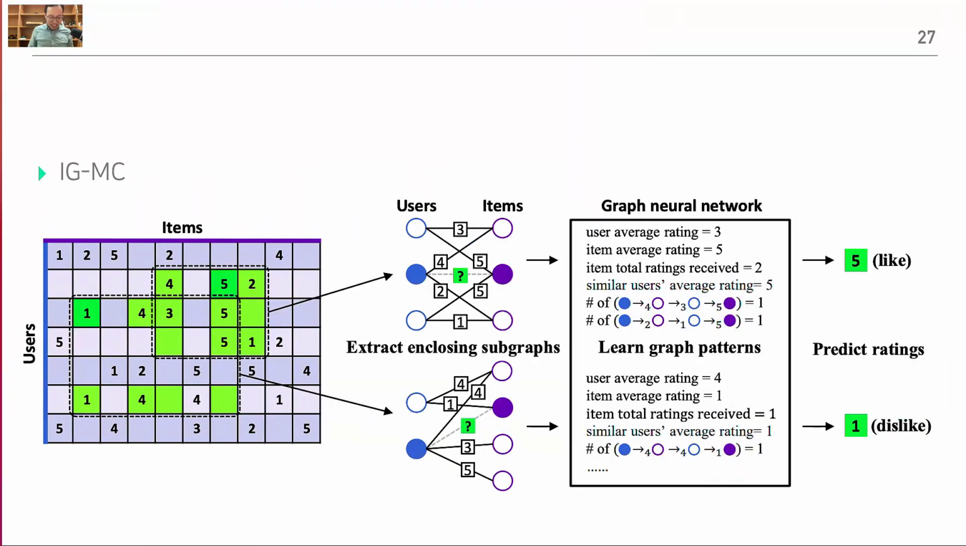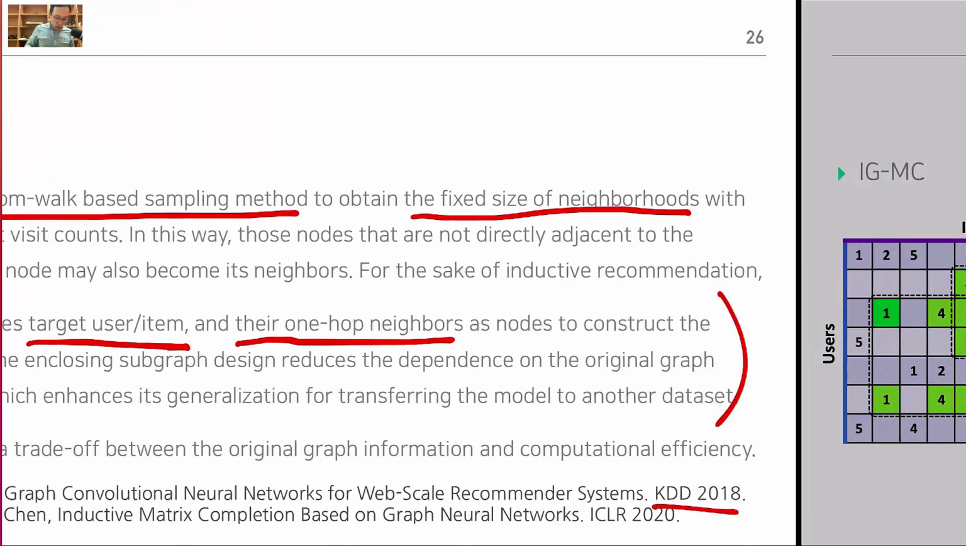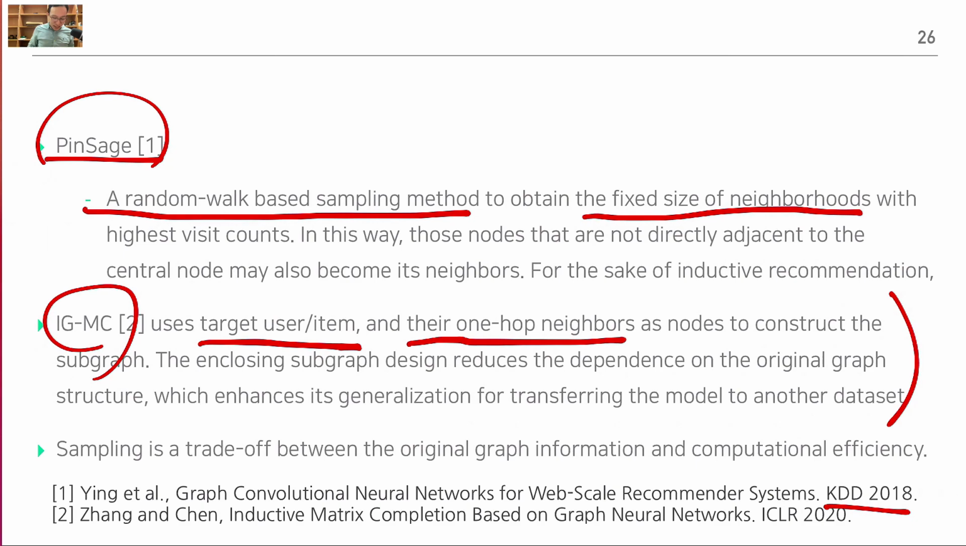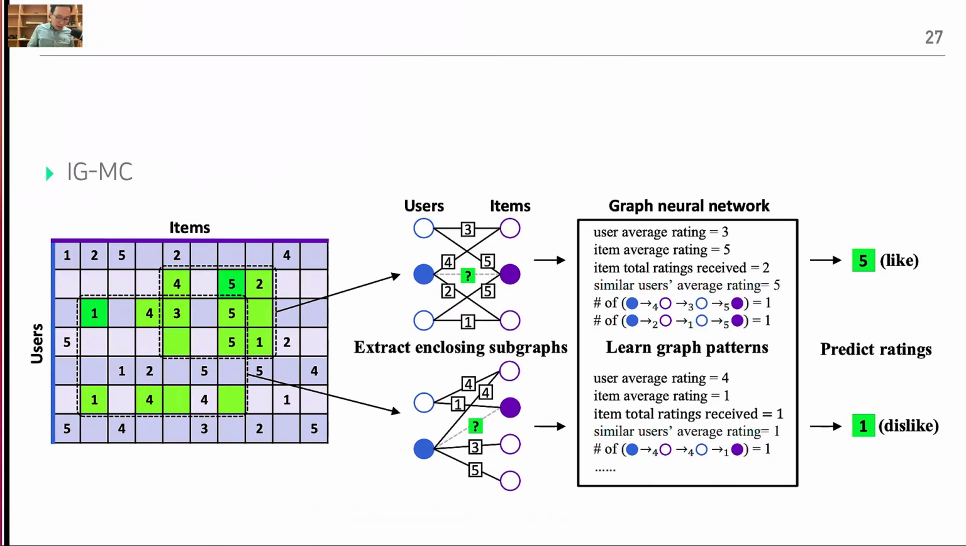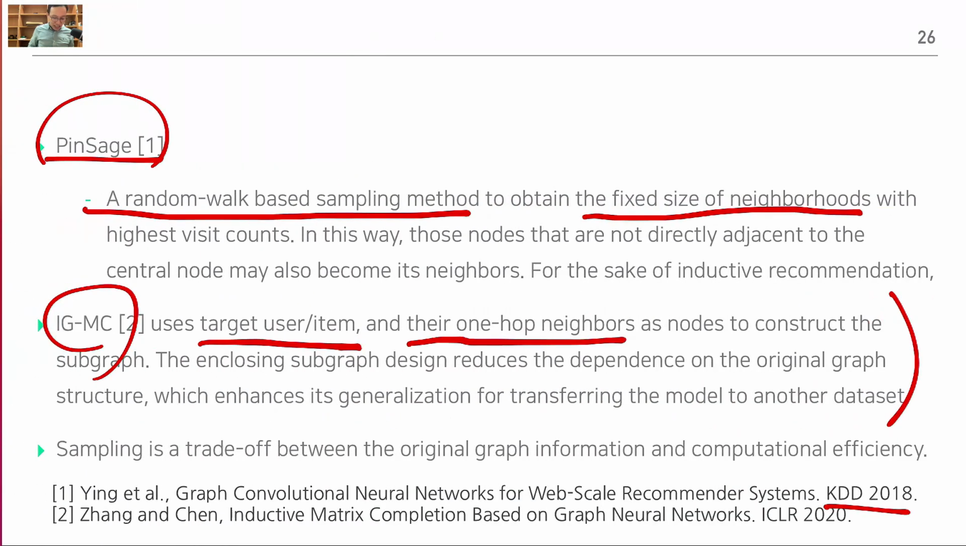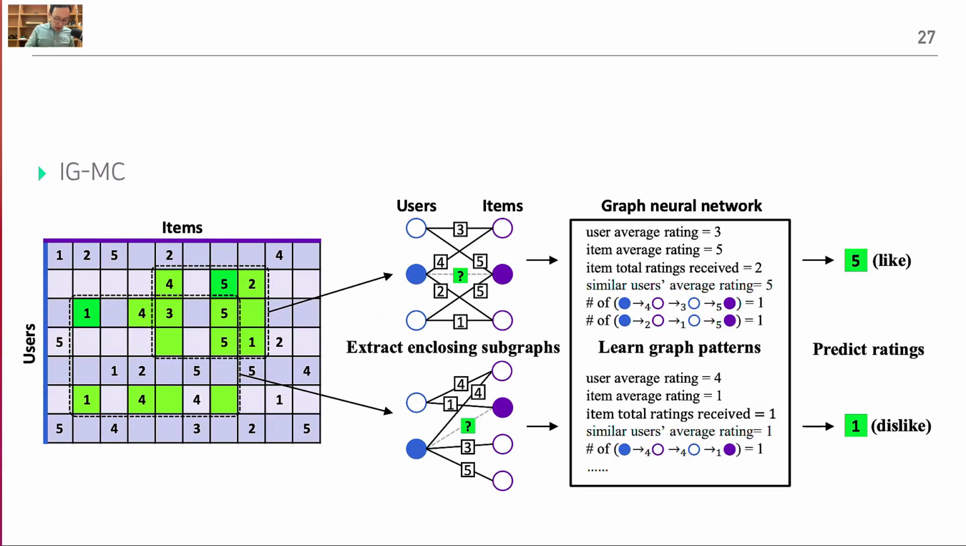So it constructs subgraphs and predicts and propagates information. We'll give you more examples about the subgraph stage. This slide gives you the information about the IGMC, which was published in 2020. From the user-item matrix, we try to predict this one. To do that,